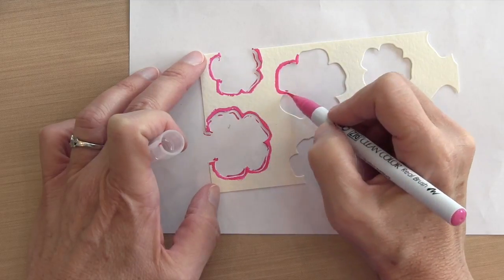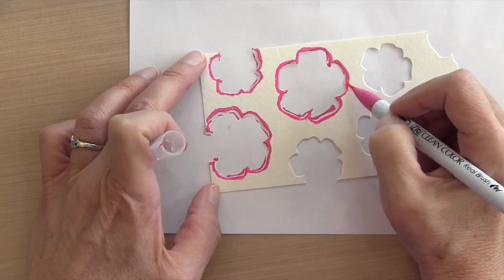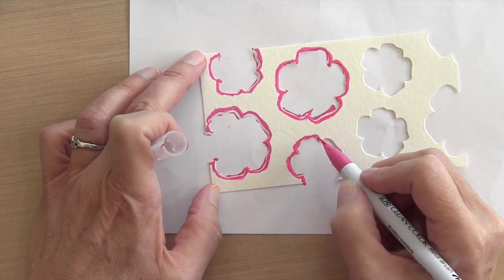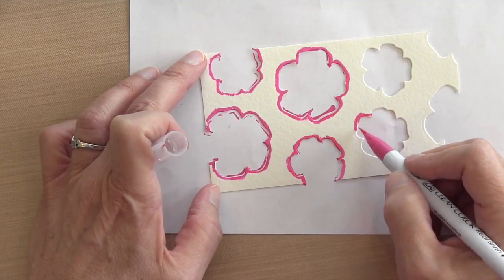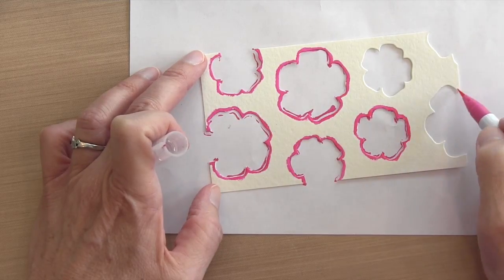of this marker. And this is the color pink, just plain old pink, and I'm just going to color the edge of all of these flowers that have been cut out. And you can see I'm doing kind of a messy job here. I'm not too worried about it because I'm going to spray it with water and it's going to spread the